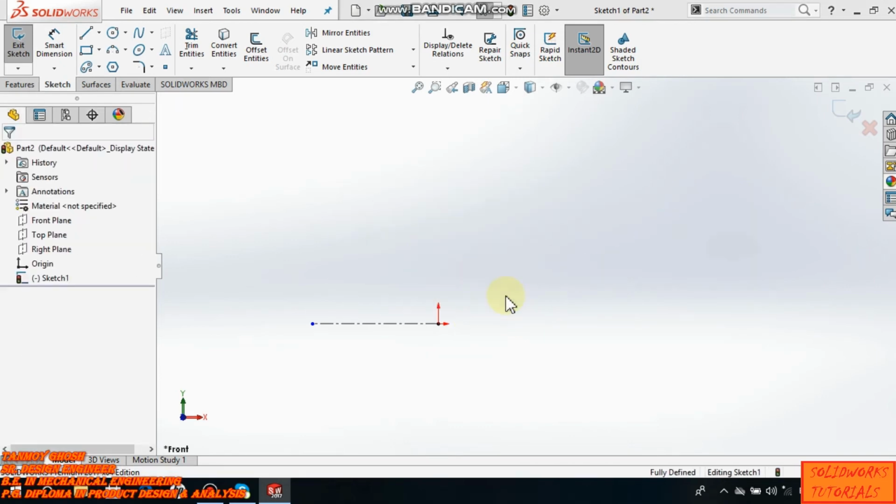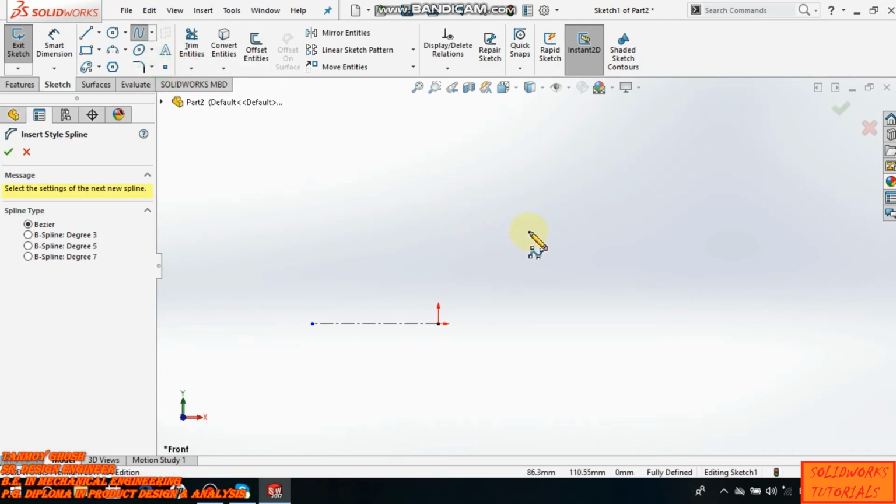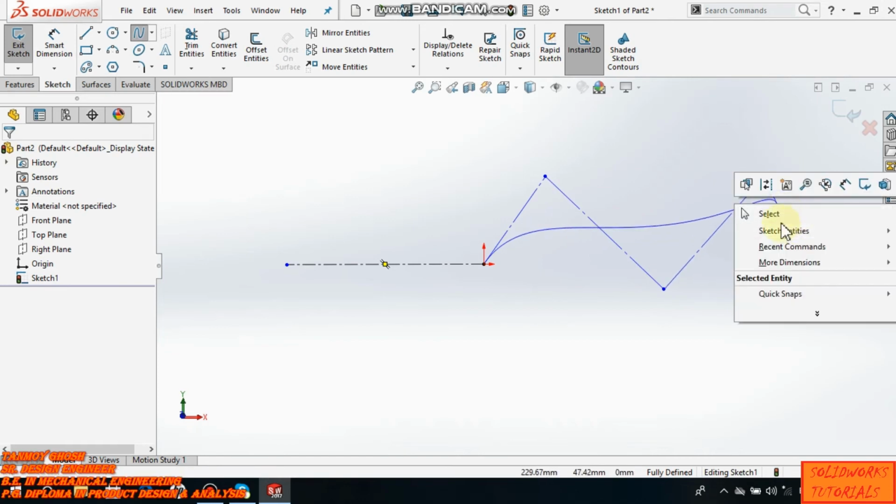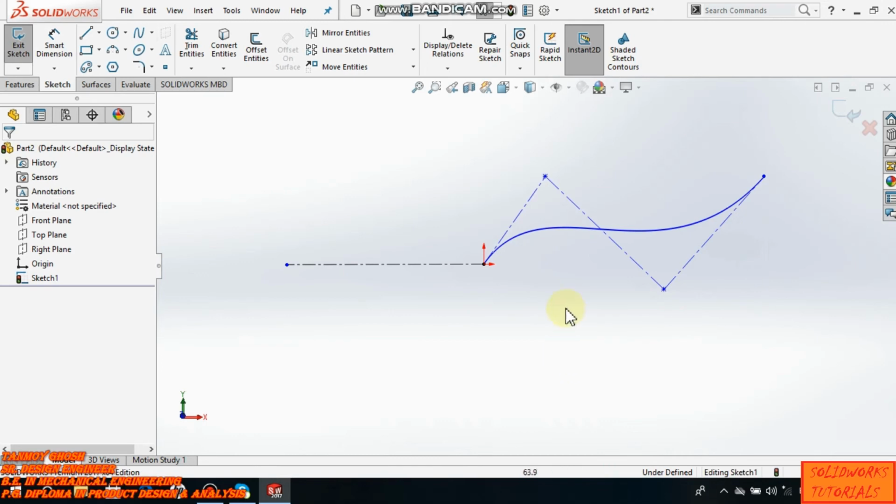Next is style spline. Select this option. The style spline tool creates a Bezier curve. There are options with a degree. A higher degree creates a smoother curve if you choose to. Now select the first endpoint and with additional selections insert control vertices, not spline points. If you want to escape, press Escape or right click, select.